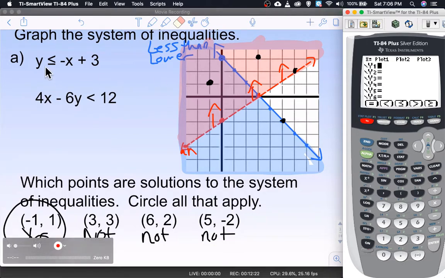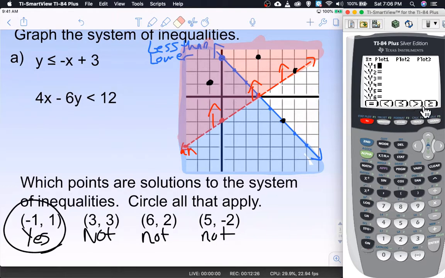It's already y. Now we need to change this to a less than or equal to. If you try to just hit the zoom button, it's not going to do what you want. So we need to hit alpha, the little green one, F3. We click that. Look at that. It changed the symbol. Negative x plus 3. And this one was a greater than,